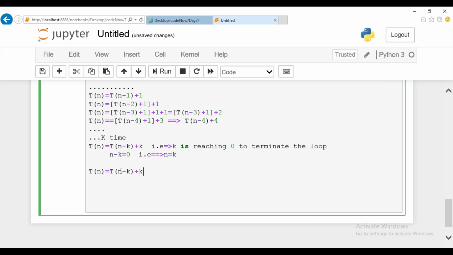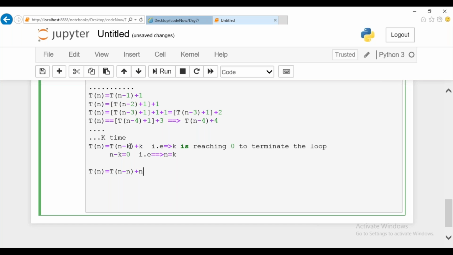for the same expression. Let me substitute this k value. Just a minute. Actually, this should be n. Just a minute, guys, I made some confusion. Okay, so k is equal to n, n is equal to k. What I can do here is substitute n in place of k, where I can mention n minus n and n minus k.